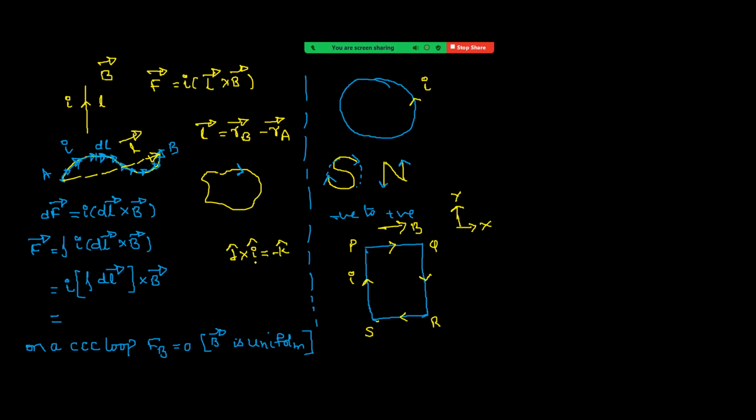Because I cap cross j cap is k cap, j cap cross I cap is minus k cap. Minus k cap means it is into the board. Force acting on PS is into the board. Then on QR, it is outwards, right? On PS into the board, on QR outwards. That means the torque will be,